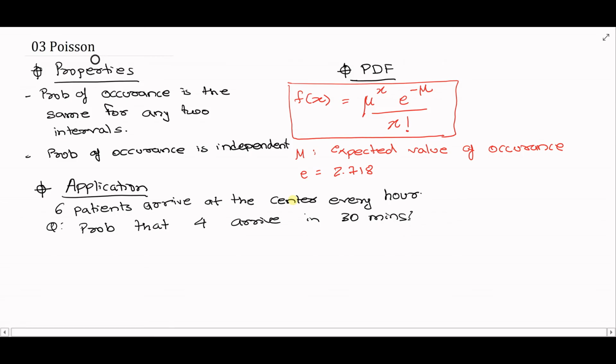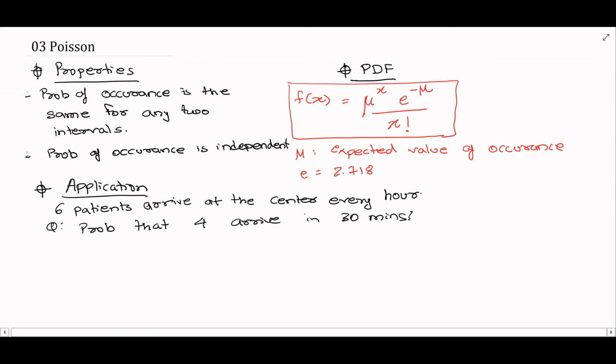Let us think about a type of discrete distribution known as the Poisson distribution. The Poisson distribution is often useful when one is interested in estimating the number of occurrences over a specified interval. There are two properties that one has to make sure are fulfilled